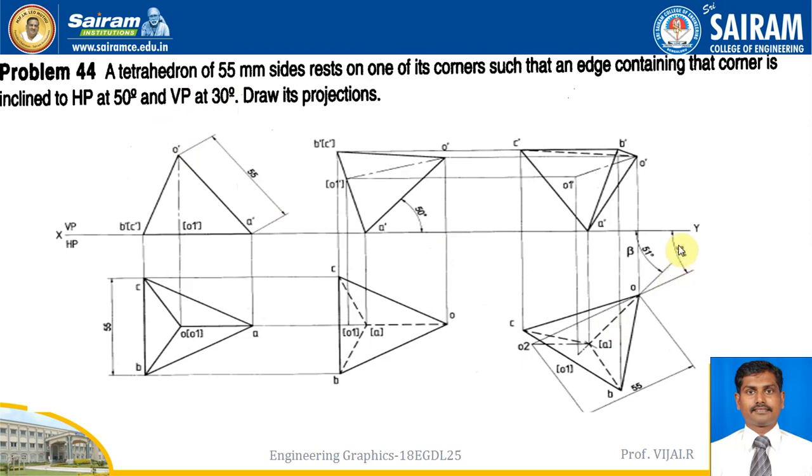First draw a 30 degree line. So this is a 30 degree to VP, XY. Draw the 30 degree line, measure the 55, and from where? From A. So this AO we are going to keep, and it is tilted now. So we are giving this OA here. It is going to be rotated. So O to A. Keep your point O here. This O to A distance is 55. Select and make an arc on the 30 degree inclined line. So you will get this O2.